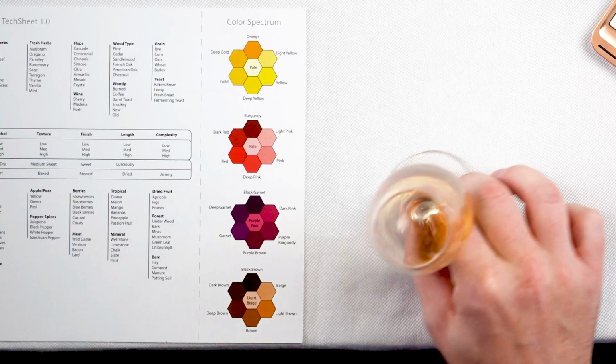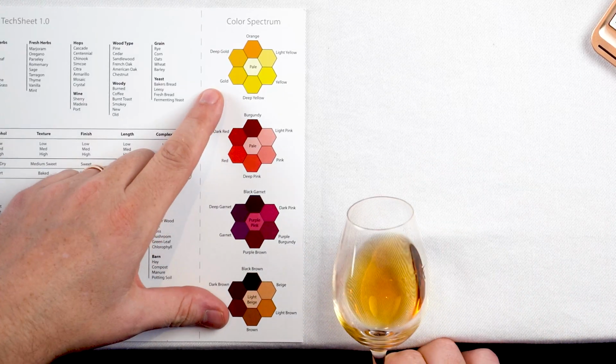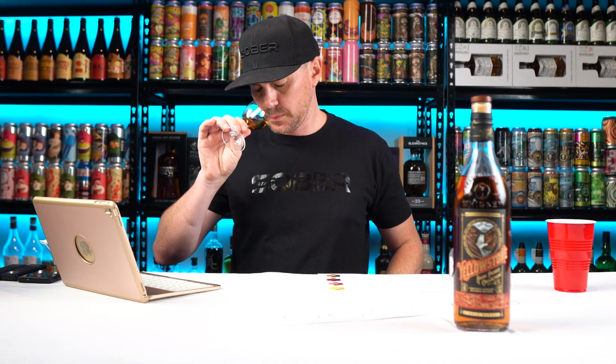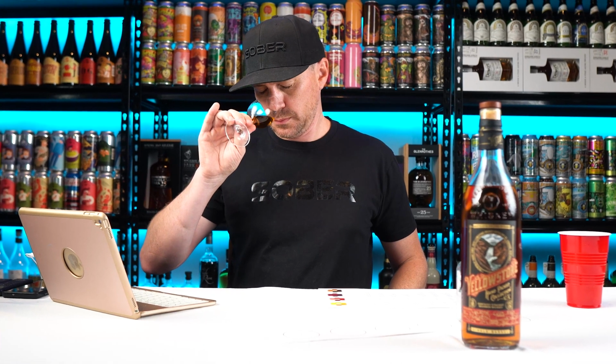All right, now let's dive into this Yellowstone Handpick Collection Single Barrel. On the color, light brown to rich amber with reddish hues. On the nose, high alcohol that delivers sweet American oak, pine, cedar, caramel, cherry wood, orange peel, but the alcohol dominates this nose, yet it's very complex and delivers a lot of the classic notes that Kentucky Straight Bourbon whiskey